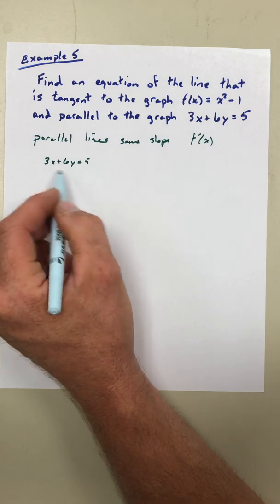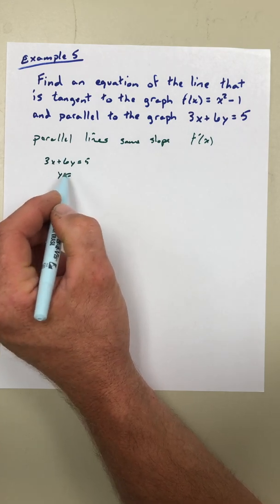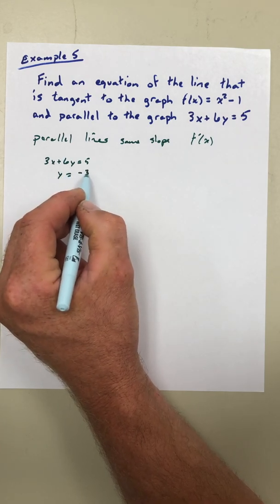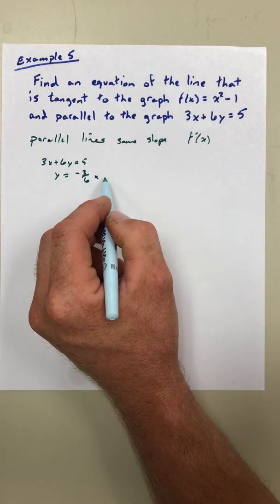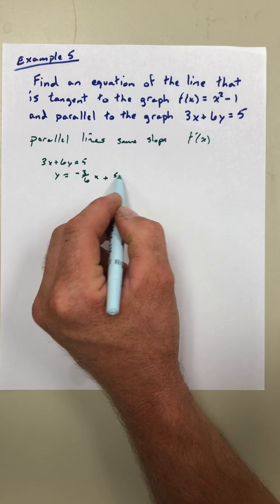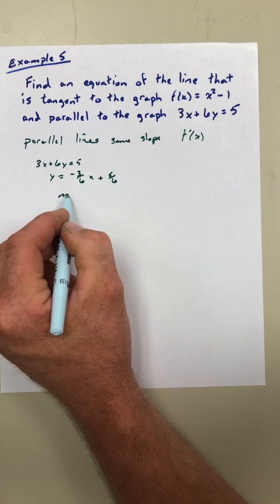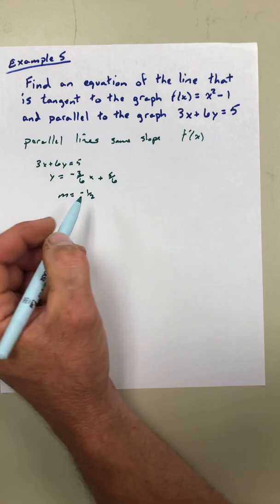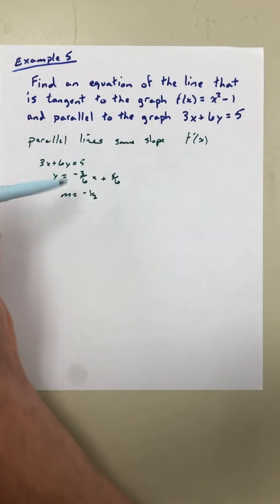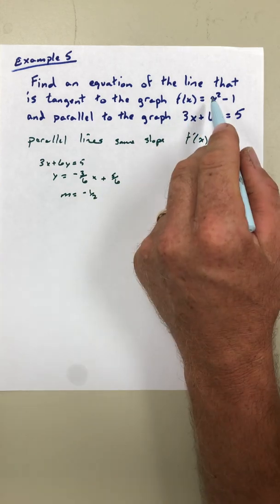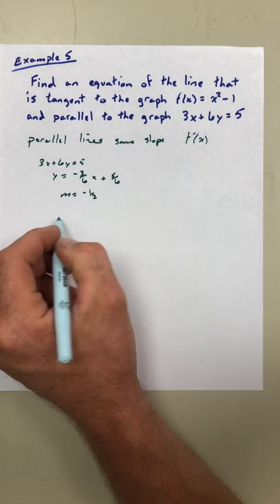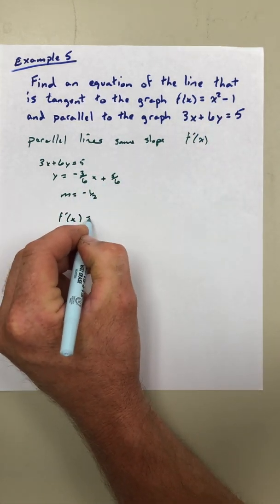And I'm going to subtract my 3x and divide by 6. So y is going to equal negative 3/6 x. I know it's negative 1/2, but I'm going to go ahead and write it out there. Plus 5/6. So I know my slope is negative 1/2. If I want these two to be parallel, I know my slopes have to be the same as well. So if I find the slope here, if I find f prime of x, the way we're going to do